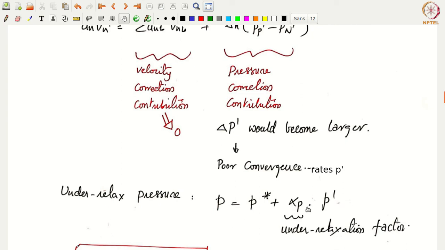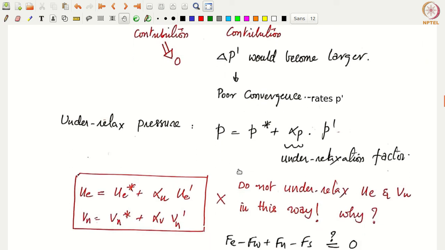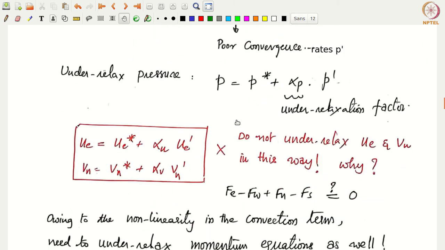This is some under relaxation factor. It could be 0.2, 0.3 depending on the situation, or 0.8 times P prime is what you do. And the non-linearity of the momentum equations also calls for under relaxing the velocity corrections, because of the non-linearity. But we will not under relax it in the way we have done the pressure under